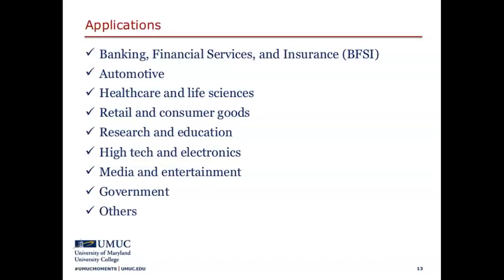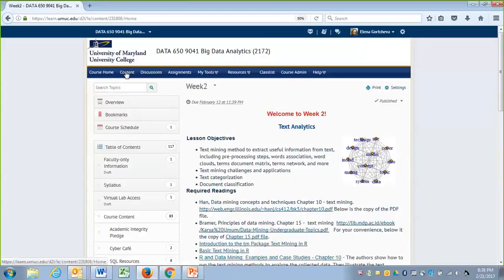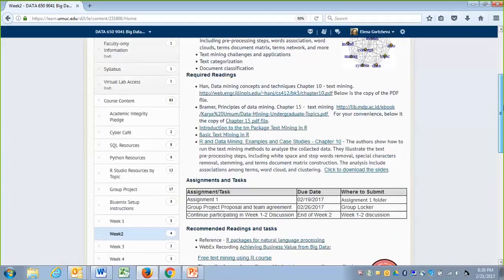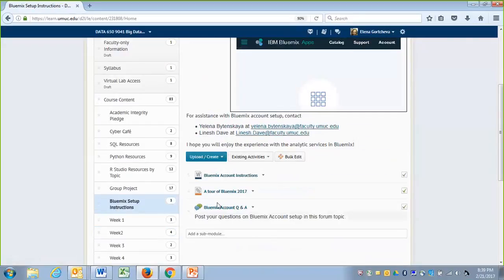Where is it? Let me share my screen again, but now my screen is going to be the classroom. When you go to the classroom, in the content, there are Bluemix setup instructions, and here you have the tour of Bluemix.